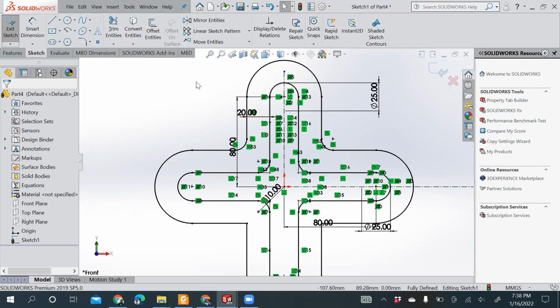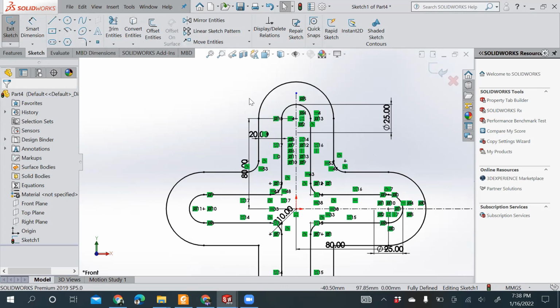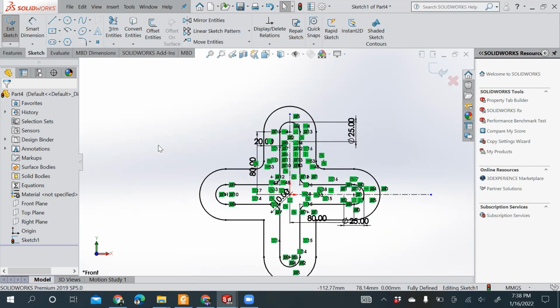So with practice, I hope you'll be able to sketch your particular figure without any problem. And from next videos onwards, we'll be focusing on moving to the feature part, where we'll be able to give our sketch a particular feature which will give it a 3D dimensional shape. But for that we need to have our basics right regarding this sketching module.